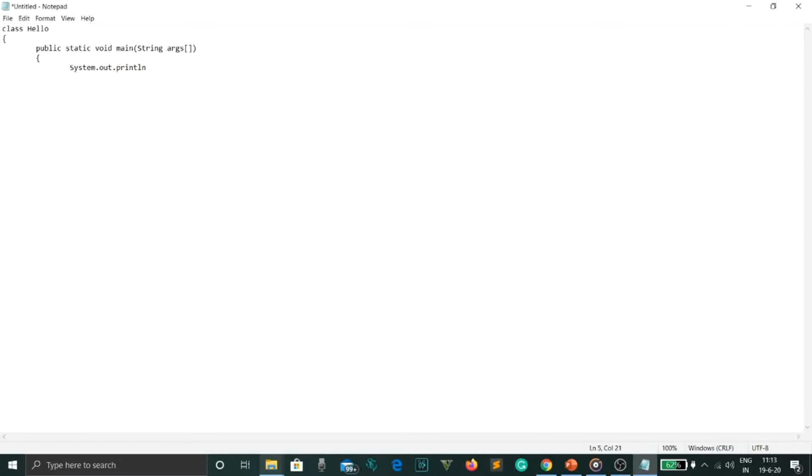Remember, it's a class. And I'm writing println because I want to go into the next line. You can avoid writing ln. Ln is just to go into the next line. Then we again open small braces and then we write the string in it. Remember, we'll learn about string more in the next session, but for now we write the string into double inverted commas so that it can be printed as it is.